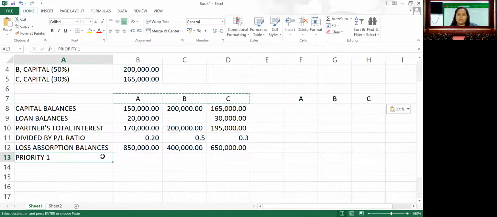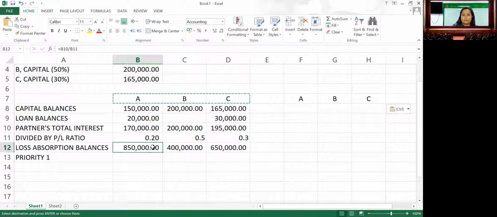Priority 1. Question, among the 3 partners, sino yung bibigyan natin ng first priority? Okay? The answer will be the one with the highest loss absorption balance. And in this case, ang may pinakamataas po ay si A. Okay? The question is, ma'am, magkano po? Ano po yung proseso natin para malaman kung magkano yung cash na ibibigay sa kanya in the first priority? Okay? So we have to compute it by means of first,